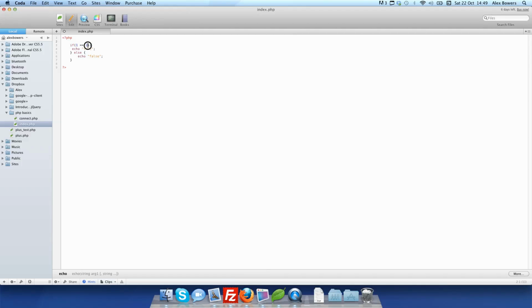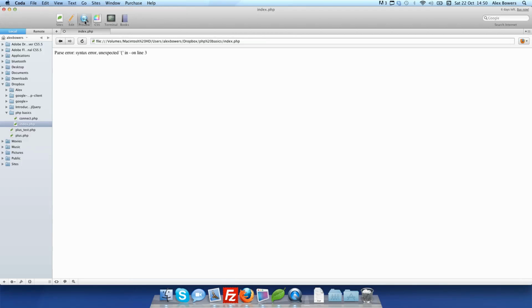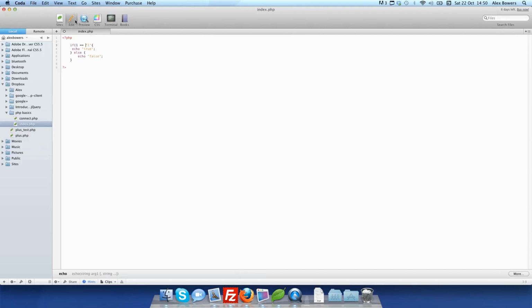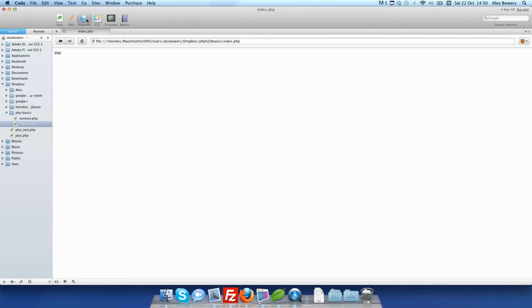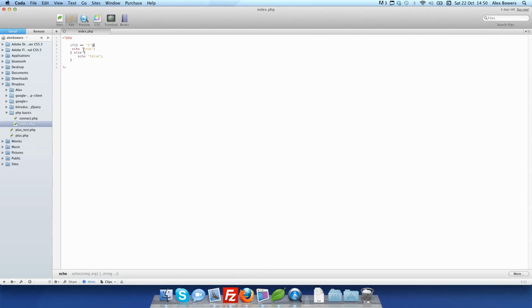If we get 1 is equal to 1 like that, this will come up as a pass. I deleted the bracket. Okay, try it again. True. However, if we also use the other type of conditional operator, which is the three equal signs, that comes